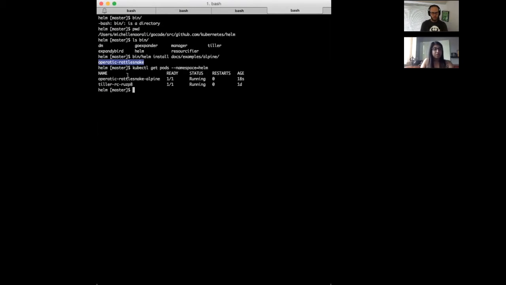Using kubectl, we see that there is the Alpine pod with the release name attached, and it's running. And we also have a tiller pod, which was created on the init step. You can also do helm list to see what releases you have. And you can filter as well using the list command if you have multiple releases. You can get,